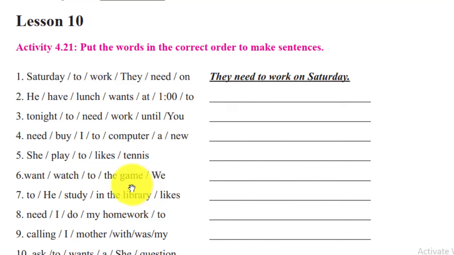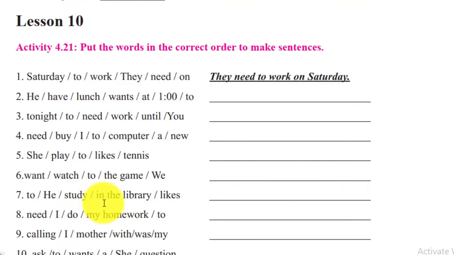Number 6: ሰብጀክቱ መጀመሪያ ላይ ያላችሁ we ነው, ከዚያ ሁለት verb ካለ ኦክሲለሪውን ቅድሚያ ታመጣላችሁ አይደል. ስለዚህ we want ትላላችሁ, ለምሳሌ we want እንፈልጋለን. ምን ማድረግ እንፈልጋለን? To watch. Want የሚለው followed by infinitive with to ስለሆነ, to plus verb 1 ስለሚያስከትል: we want to watch, መመልከት እንፈልጋለን. ምንድን? The game ትላላችሁ ማለት. Number 7: ሰብጀክቱ he ነው, then likes እዚህ ጋር አለ. አሁንም to plus verb 1 የሚያስከትል verb ነው: like, he likes ትላላችሁ, ይወዳል. ምንድን? To study, ማጥናት ይወዳል. ምን ማጥናት? Where, የት ነው ማጥናት የሚፈልገው? A place phrase ነው ያስፈልገው: in the library ትላላችሁ ማለት.